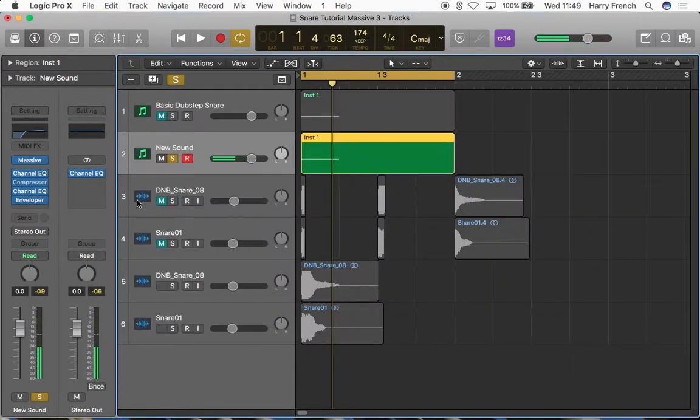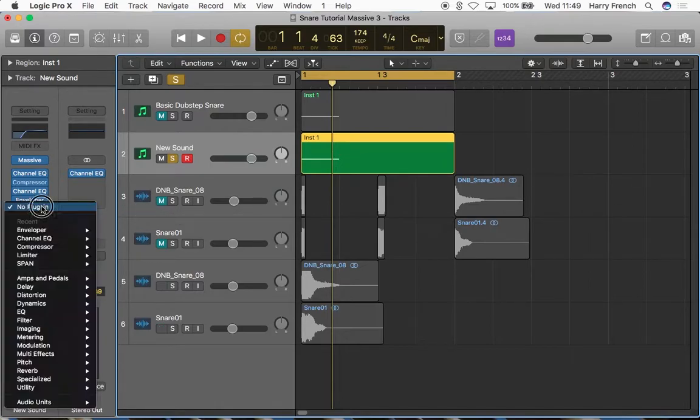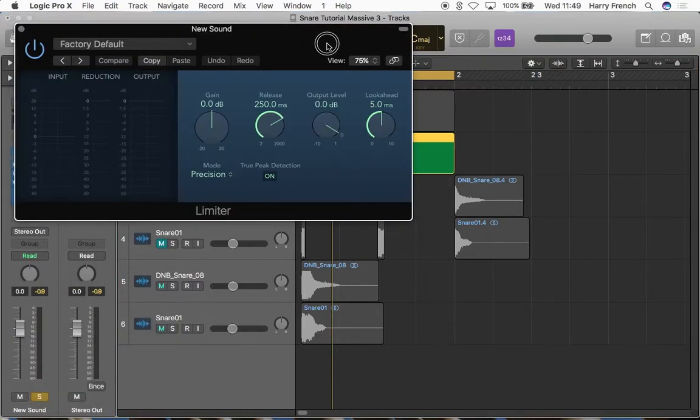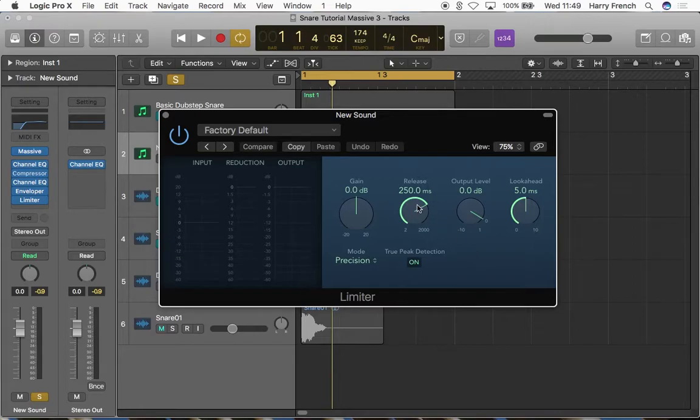The only problem is that it is a bit too quiet, and we are peaking at negative 0.9, but when you use this sound in your mix, you want it to punch through really clearly and have lots of presence, and at the moment this sound isn't going to do that. So to do that, what I like to use is a limiter, and the settings that I use are a release time of around 40 milliseconds and the output level around minus 0.5, and then the look ahead needs to be set to 0, because